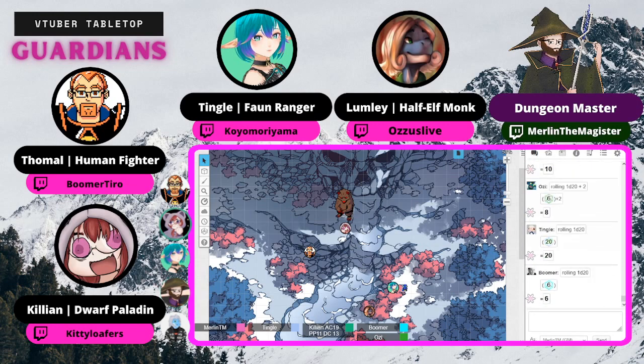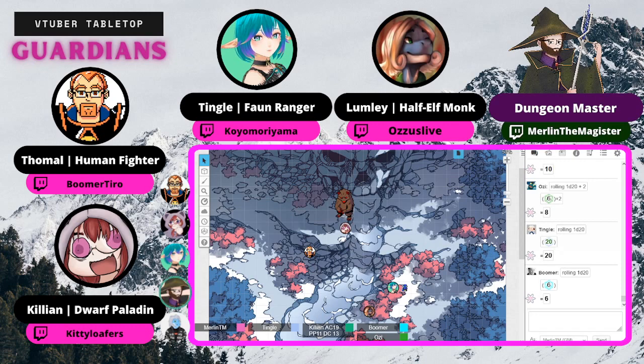Alrighty. And I say, let's dance, and I use the dodge action. Oh, okay. So in the next attack against you, we'll have disadvantage. Easy peasy. All attacks have disadvantage, don't they? Yes, all attacks until the beginning of your next turn.